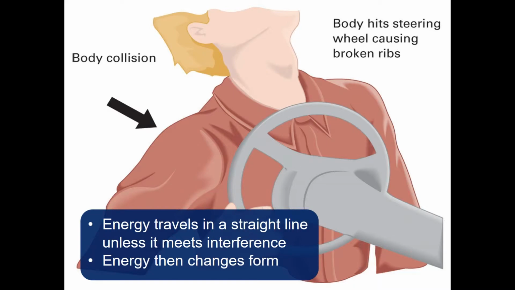Energy travels in a straight line unless it meets interference. That interference is going to be whatever stops it. Energy then changes its form and is transferred into whatever it was that it hit. That's why we will see such massive and internal injuries when we do see patients who strike steering wheels or strike windshields or get tossed about inside their car as it's rolling over, because there are really some significant impacts